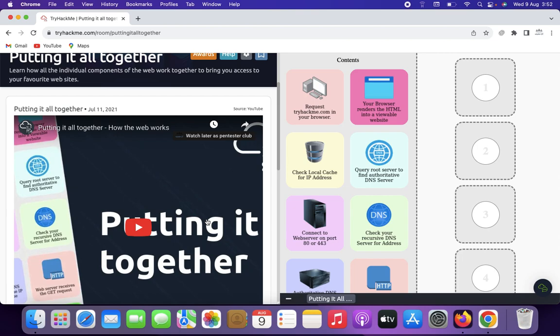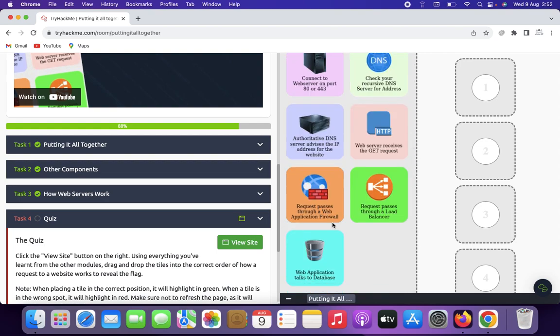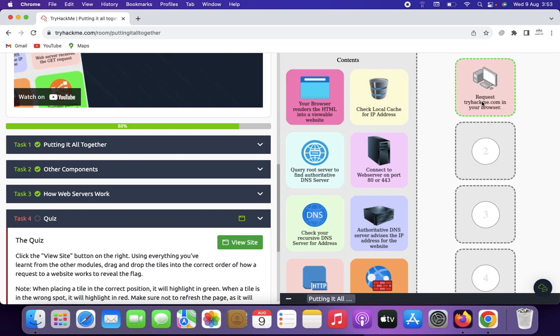So now let's see what else is available here. First of all, we need to put: request tryhackme.com in your browser. Then